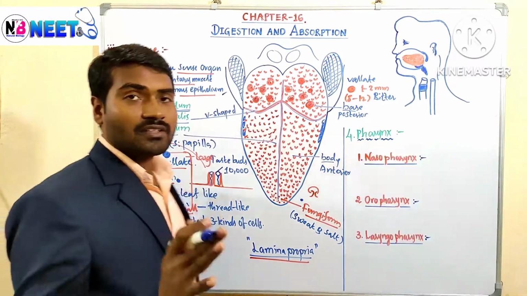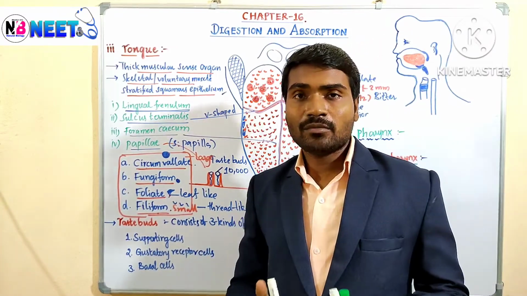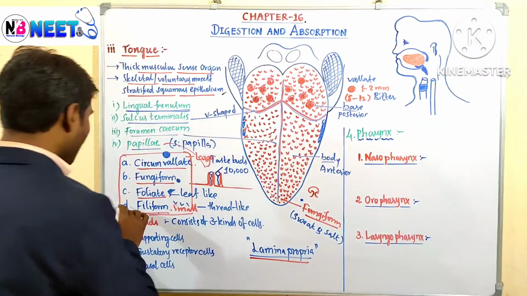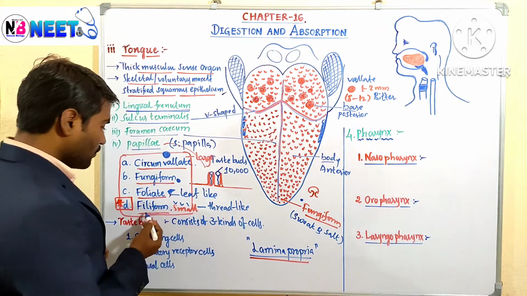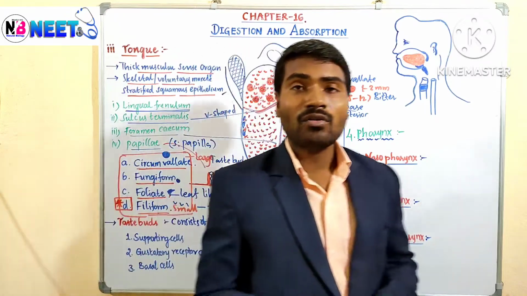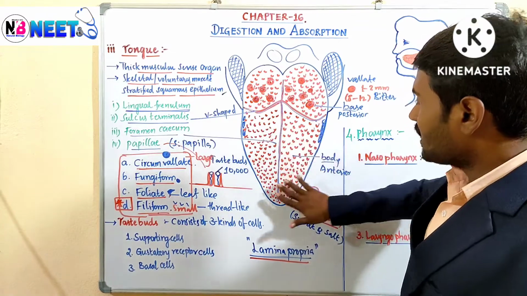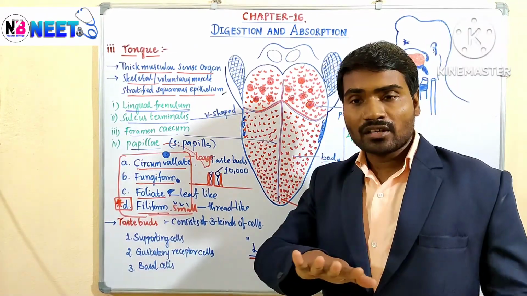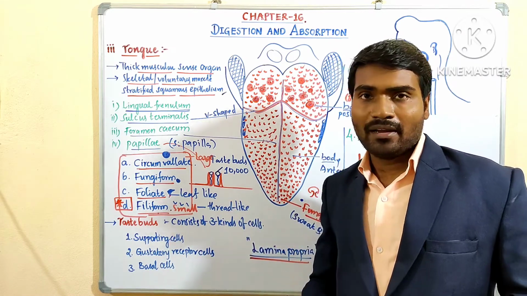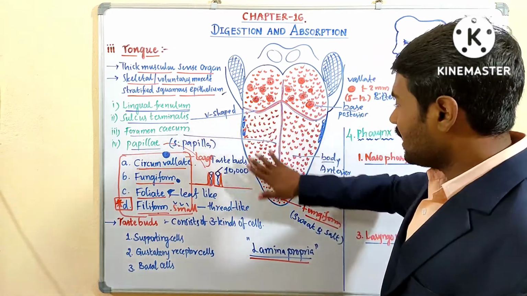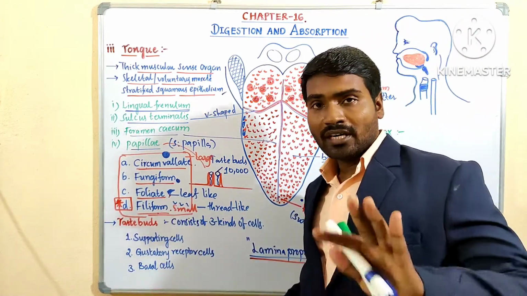No taste identification, because the only papillae which do not have taste buds are filiform papillae. So this point is highlighted. We have to remember filiform papillae do not have taste buds. Clear? They are present on the total surface of the tongue, giving shape, structure and support to all other papillae. Filiform papillae do not have taste buds.